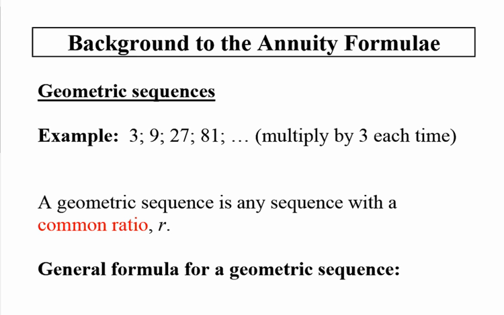So if we have a look at the sequence 3, 9, 27, 81, you should be able to see that you multiply by 3 each time to get the next term, and so on. That is a geometric sequence. And by definition, a geometric sequence is any sequence with a common ratio. And we call that common ratio R. Now, in this particular sequence, our common ratio is 3, because we multiply by 3 every time to get the